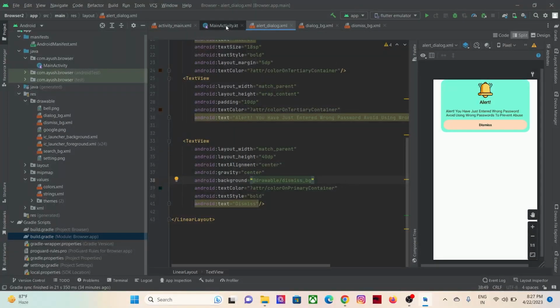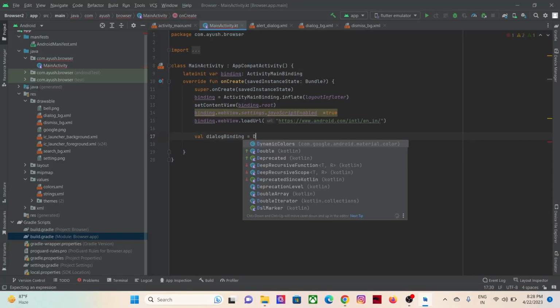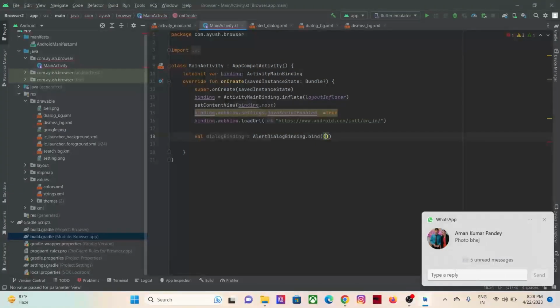All right, and here I am just going to use the view binding option. A variable I'm going to create is dialogBinding, and you can see here the AlertDialogBinding is suggested. That is because I have enabled view binding, as I showed you inside the build.gradle file. So just click here, and it equals AlertDialogBinding dot